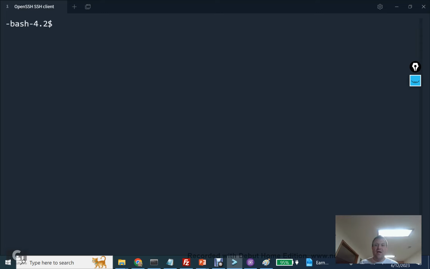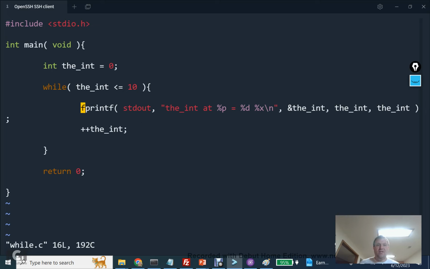We're going to visualize the process of how while loops work in C. First, I want to show you the code that we're going to review, while.c. And this is what has been presented. We are going to initialize an integer as 0, and while it's less than or equal to 10, we're going